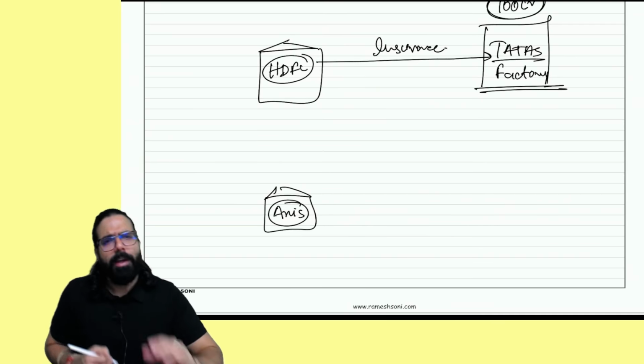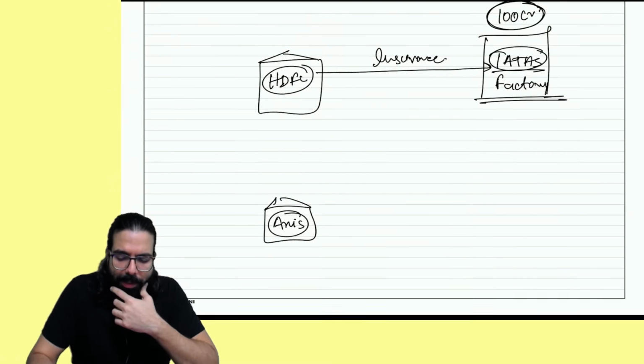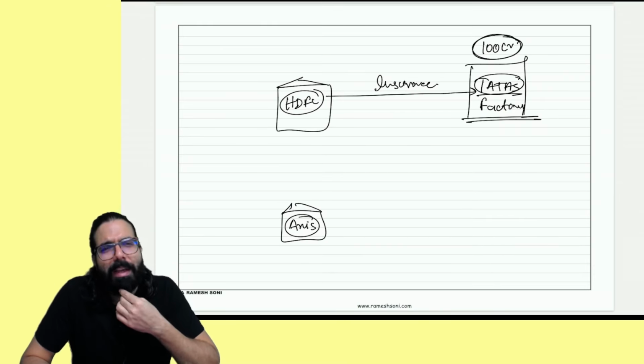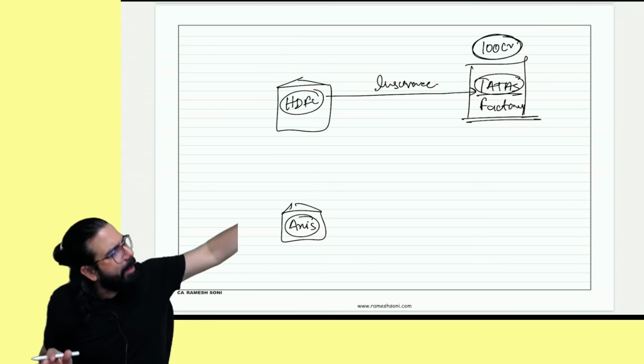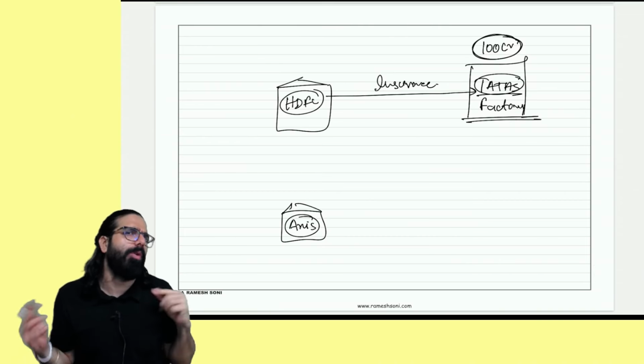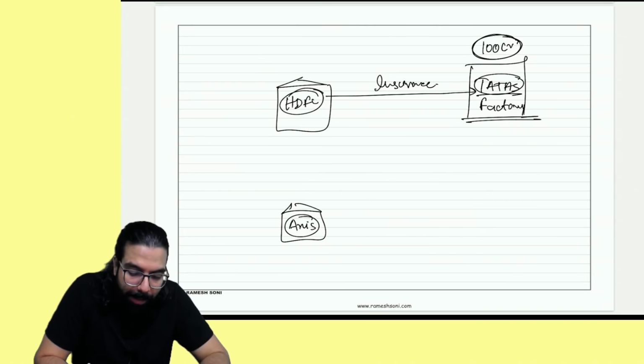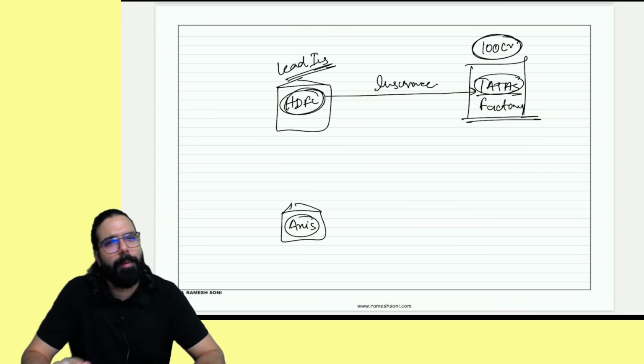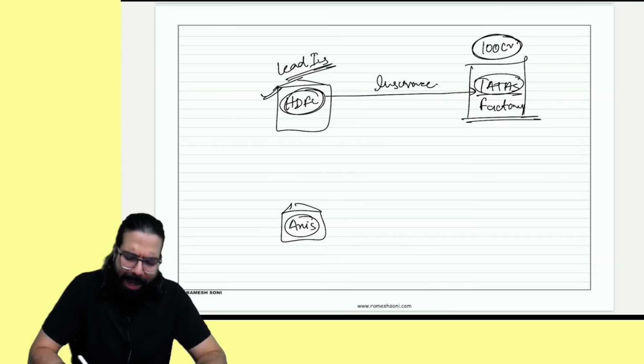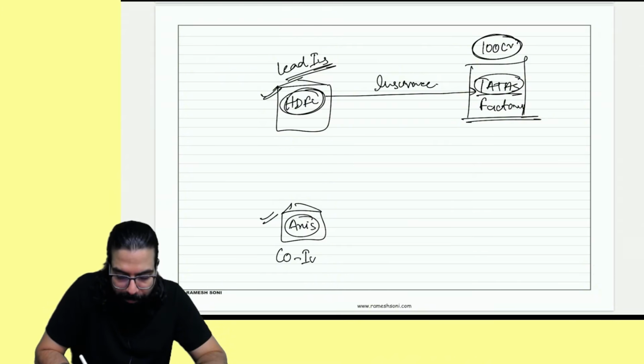And told Axis, see, I have to insure Tatas for 100 crore rupees. Why don't we co-insure it? Means why don't we together insure it? Whatever is the premium, we'll divide among ourselves. So here HDFC is the lead insurer. Basically, there will be a document prepared where the main insurer and the co-insurer are named. He is called the lead insurer and he is the co-insurer.